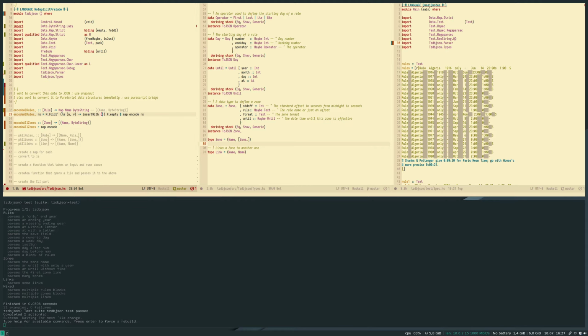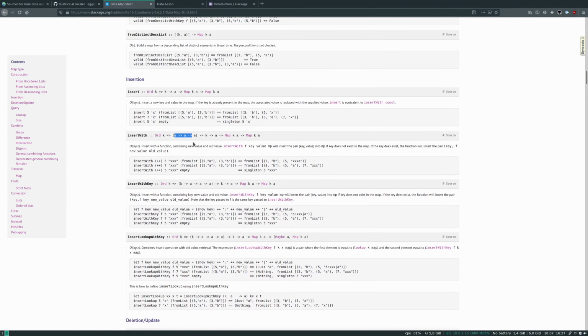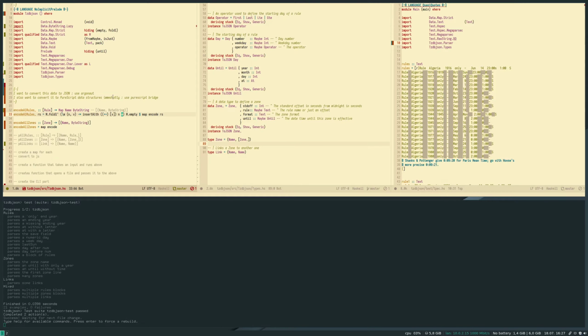We're gonna do a plus plus v and m. insertWith, the key, the value, and the map. Sorry, function, key, value, and map.